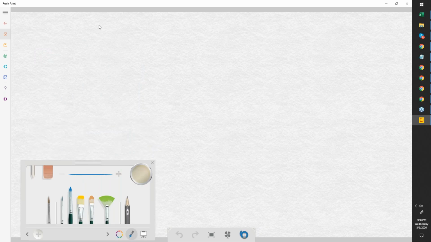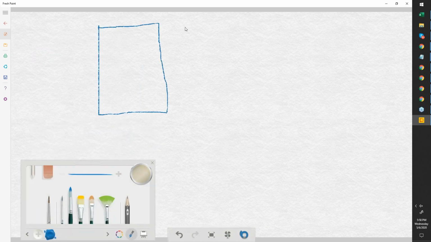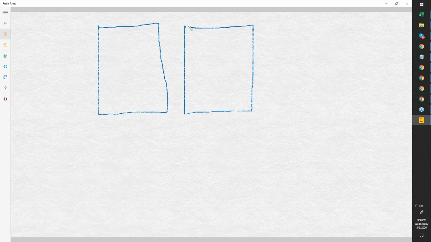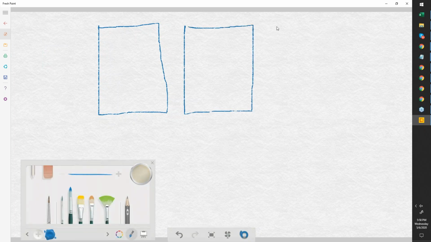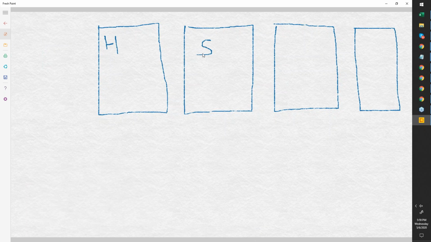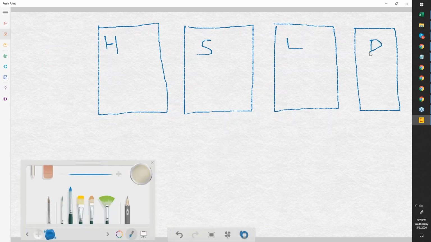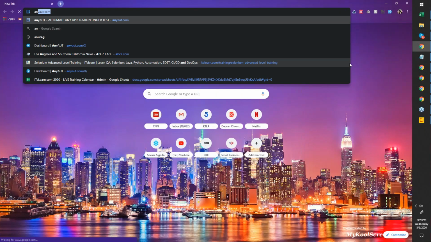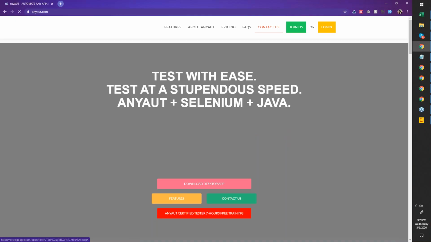Let us say there's an application. An application has a home page, a sign up page, a login page, and a dashboard page. There are 4 different pages: home, sign up, login, and dashboard. A simple example for this, let's say we go to eneo.com. This is the home page of the application.